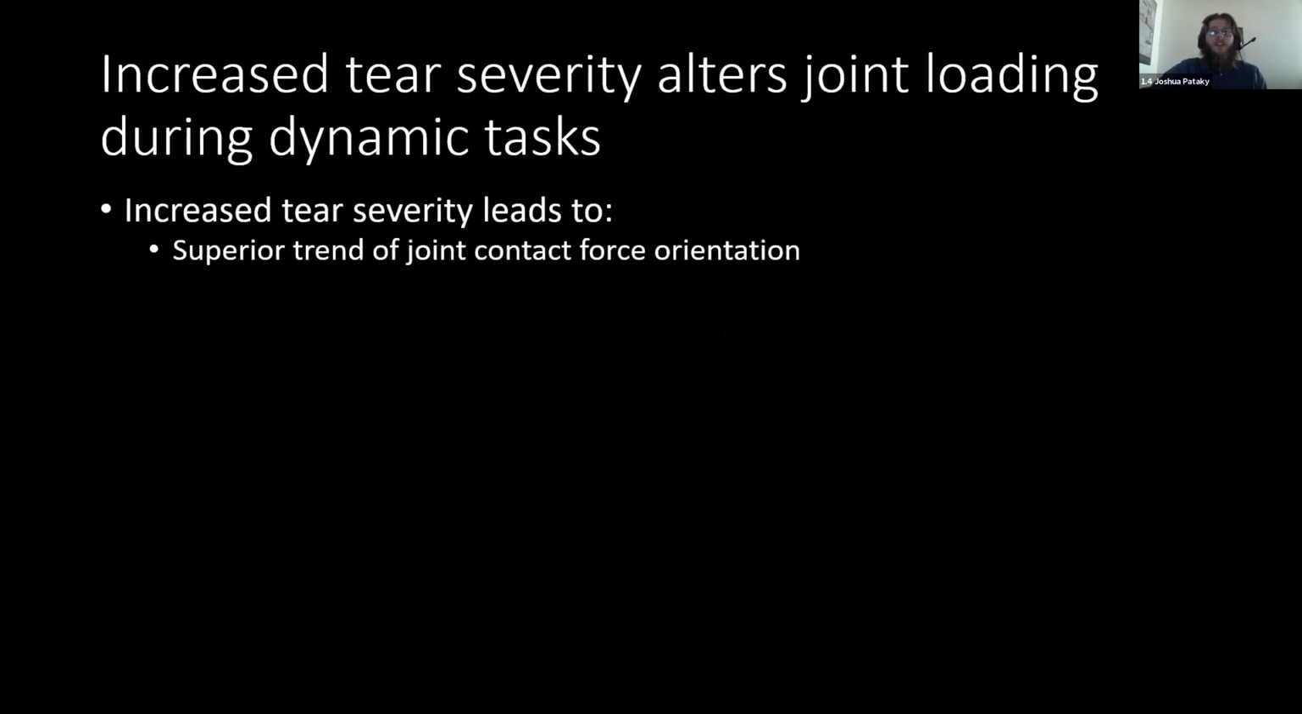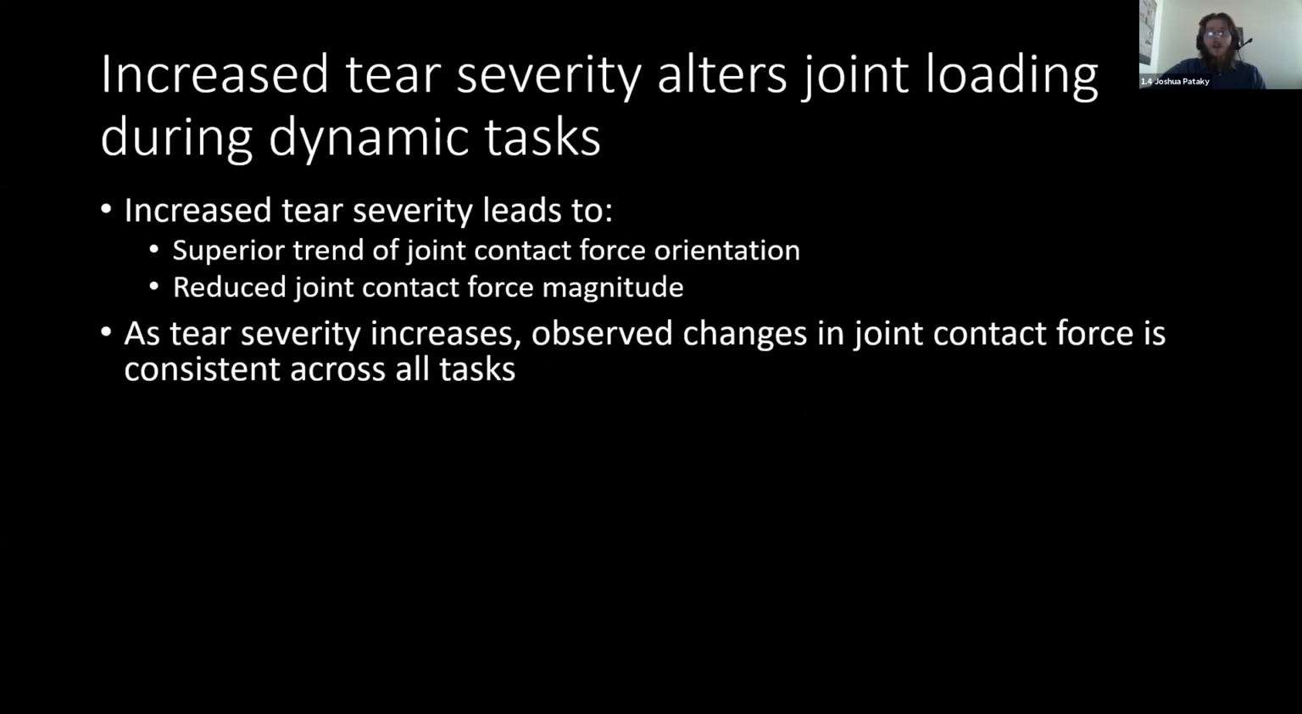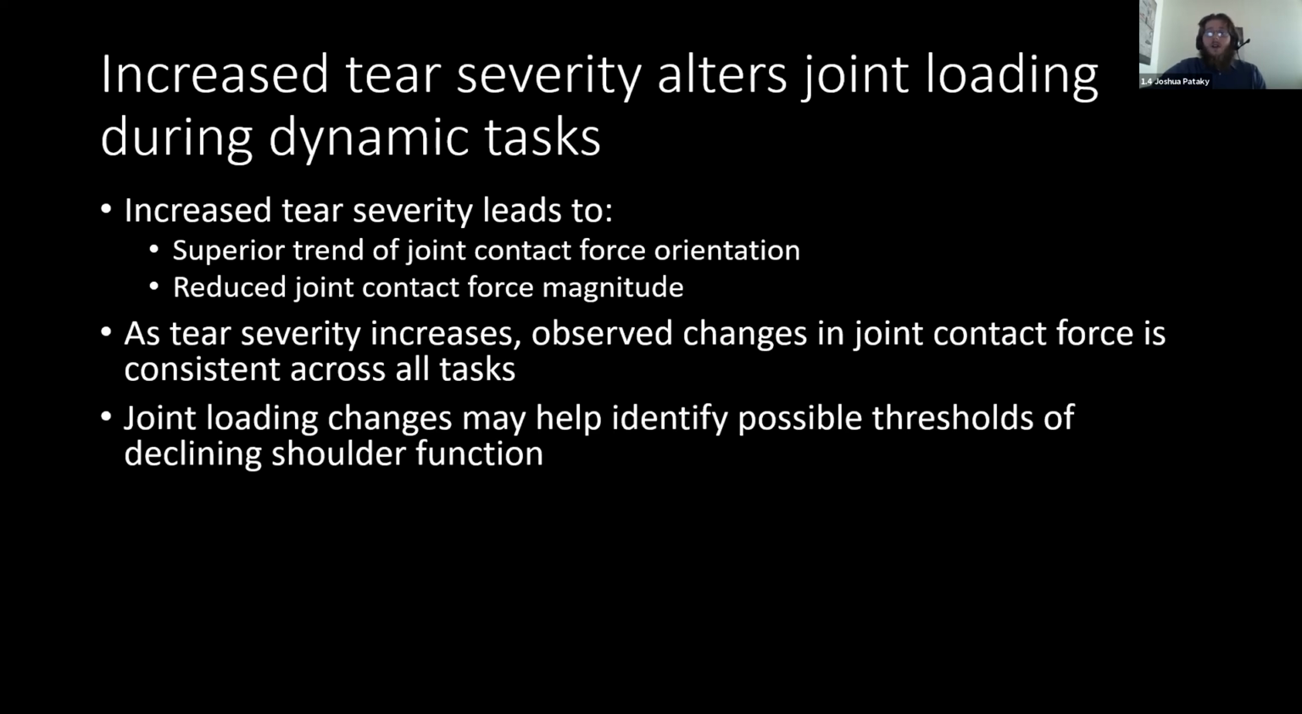So in this work, we found that when tear severity increases, the projected location of the peak joint contact force orientation trends superiorly in the glenoid, while the magnitude of this force decreases for the increased tear severities. These observed changes are consistent across all the dynamic tasks, and this decreased trend that plateaus with severe tear severities provides insights into the types of joint loading changes that can be anticipated with increased tear severity during dynamic task performance. These descriptions of changes to joint contact force loading may also be helpful in identifying possible thresholds where shoulder